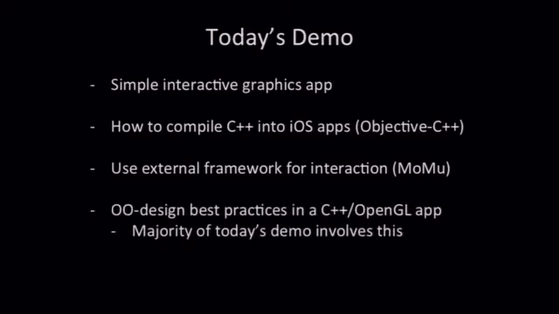And the majority of this demo is actually going to be about object-oriented design best practices for C++ and for OpenGL. The basic idea behind giving you this kind of tutorial is that you're going to go out there and you're going to want to learn how to use OpenGL in general, and you're going to come across lots of tutorials with lots of OpenGL code. But when you actually go to try and code up something of even medium to large size, you're just going to get into a huge mess. It's very easy to get yourself into a mess using OpenGL when you're first learning it. So the framework I'm going to give you today is going to do a good job of making sure that you have a very modular way of